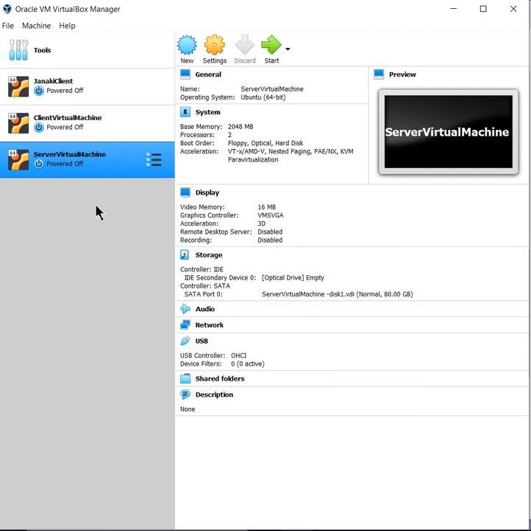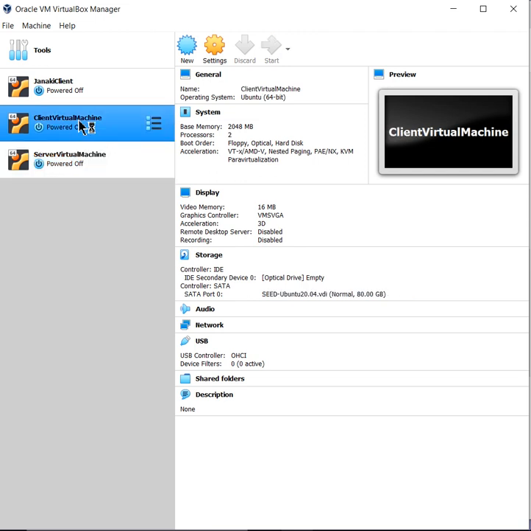So cloned now, since it was powered off. For example, this IP address, if you open the client IP address, you see